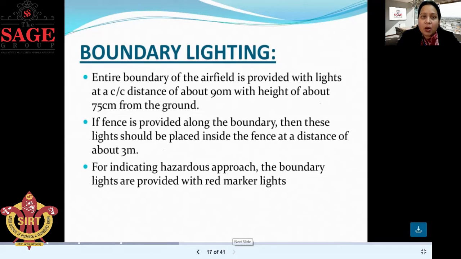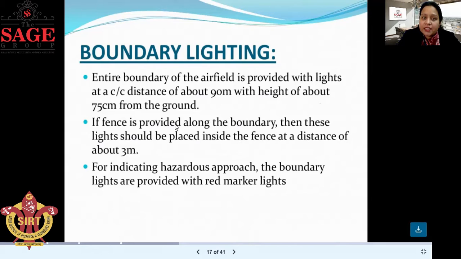Next one is the boundary lighting. The entire boundary of the airfield is provided with lights at a center to center spacing of about 90 meters, with a height of about 75 centimeters from the ground.